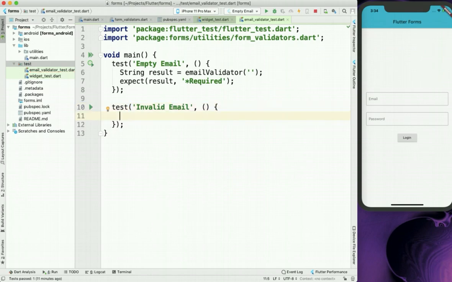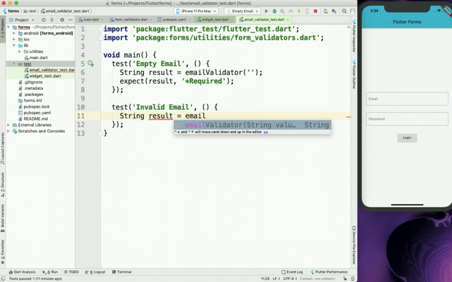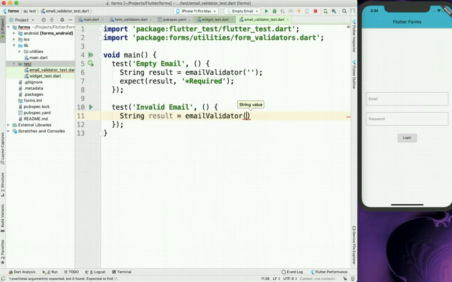Inside this we'll again create a new result, and for the email validator function we'll pass something which is not an email.